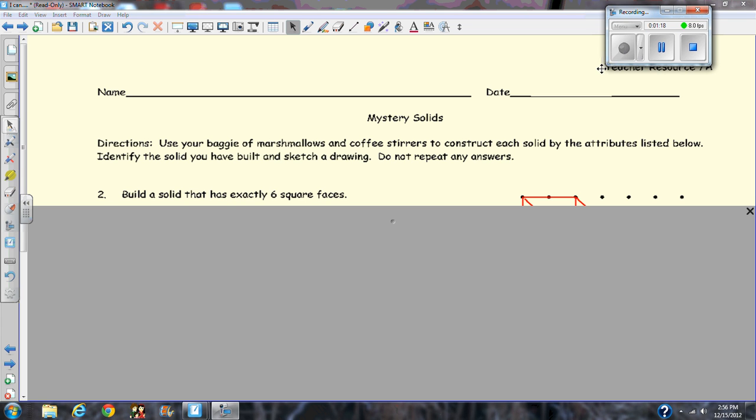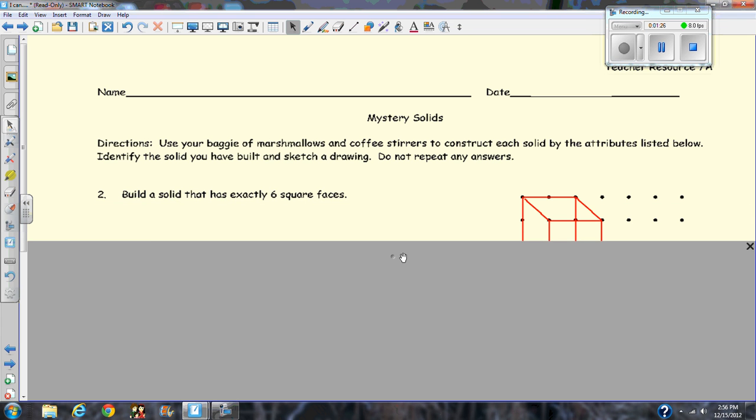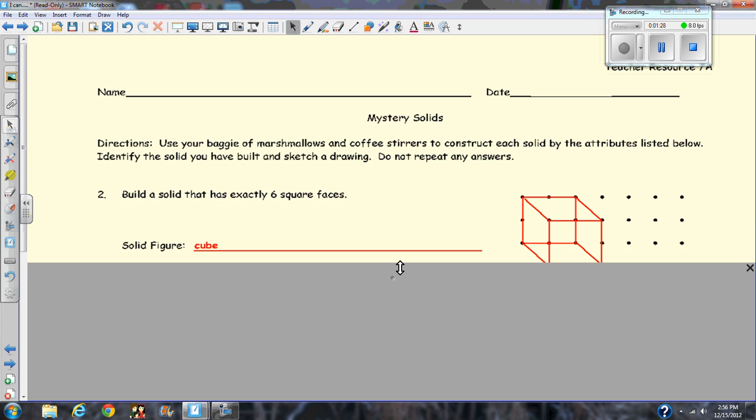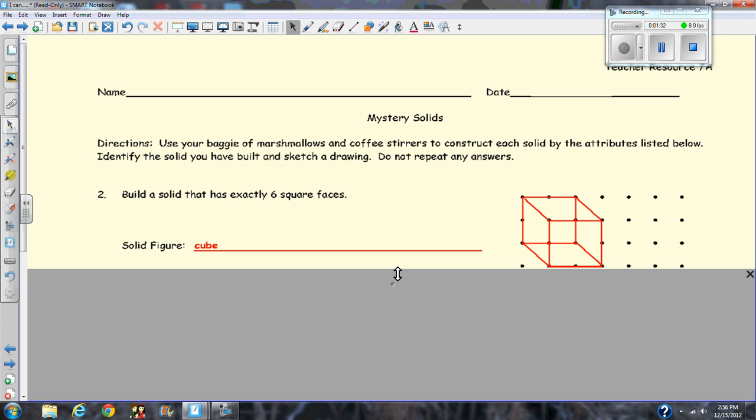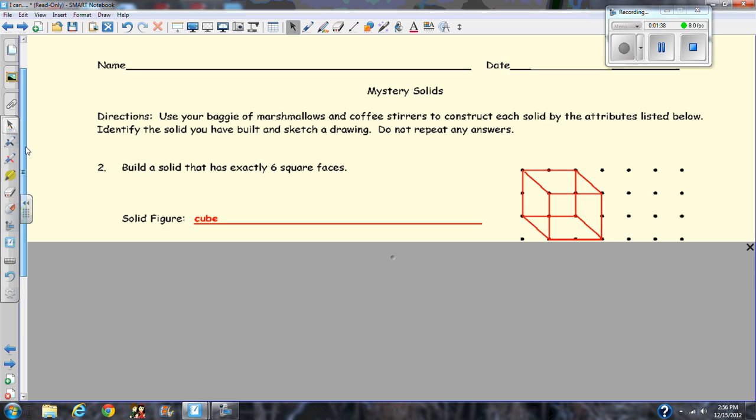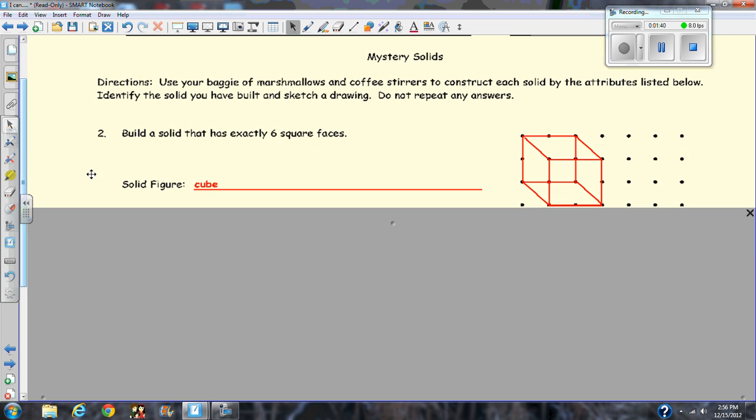And then in class, we also did number 2, which is build a solid that has exactly 6 faces. And then we built a cube in class. And then over on the right, you made the cube. You sketched it out. And then let's look at the next one here. Hopefully you've had a chance to do it on your own. Next one wanted